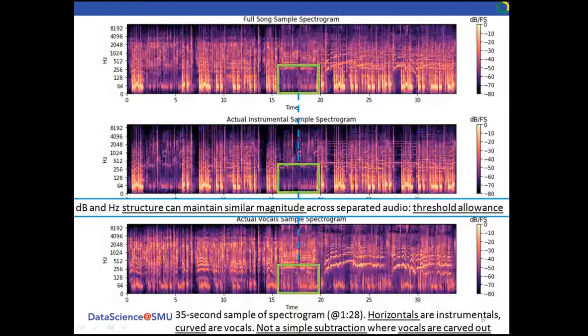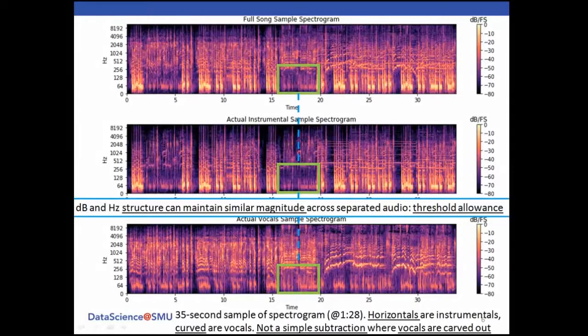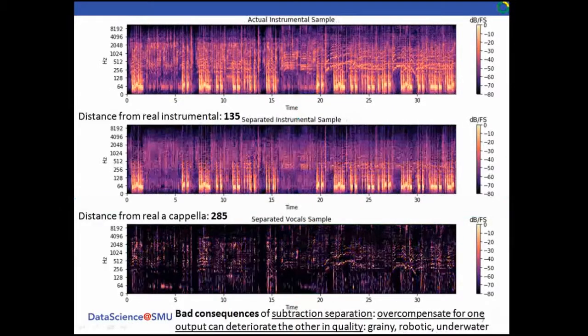And then specifically for a 30-second sample, we could see that the decibels and hertz structure can maintain a similar magnitude across separated audio, meaning that it's around the same texture and is around the same magnitude. So we have to have a threshold allowance. So we could see that the horizontals are instrumentals and the curved squigglies are vocals, and it's not a simple subtraction where vocals are simply carved out. And you can see why, because